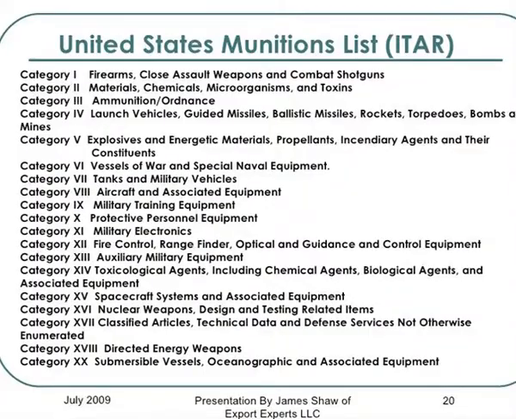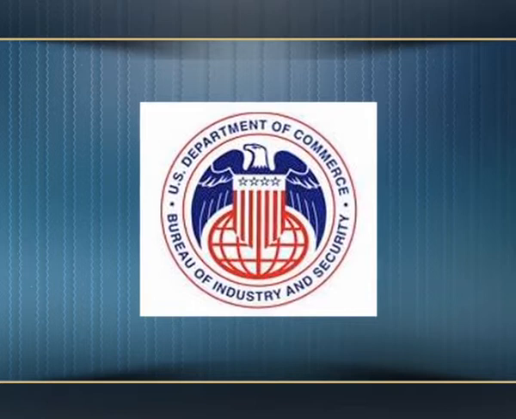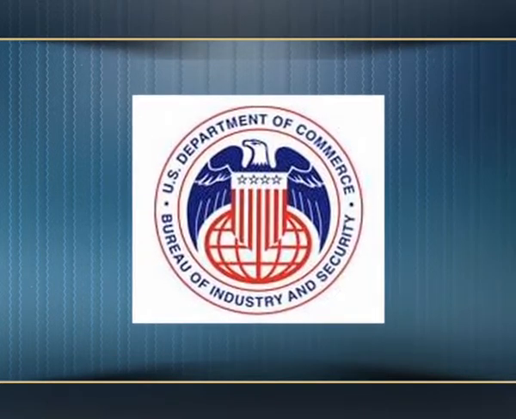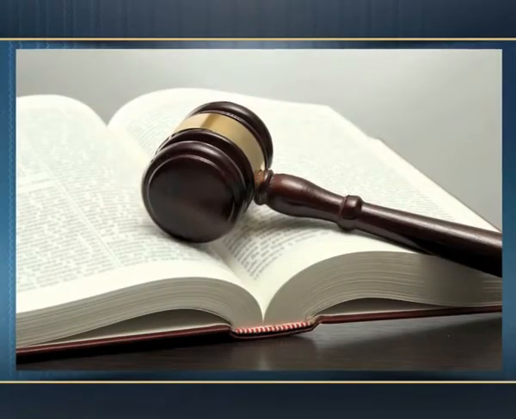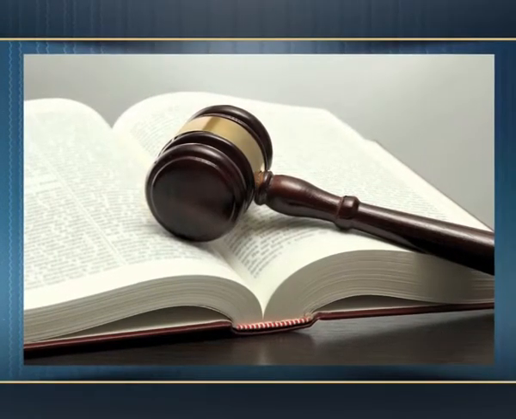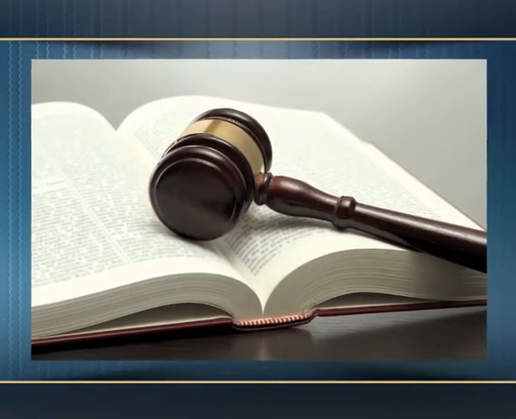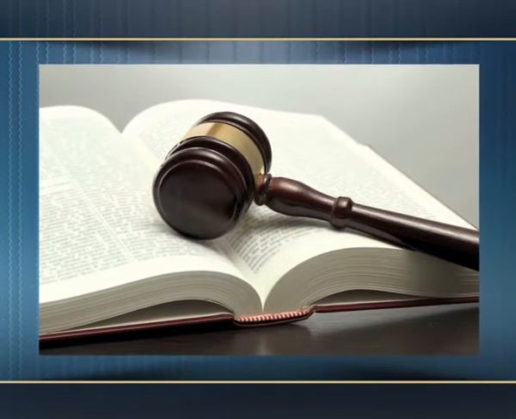National regulations. The export of defense-related articles and services on the United States Munitions List is governed by the Department of State under the International Traffic in Arms Regulations. The Bureau of Industry and Security is responsible for implementing and enforcing the Code of Federal Regulations, Title 15, Chapter 7, Subchapter C, also known as Export Administration Regulations, in the United States. The BIS regulates the export and re-exports of most commercial items.